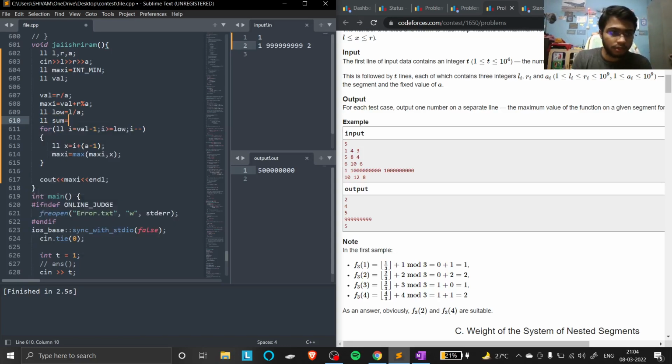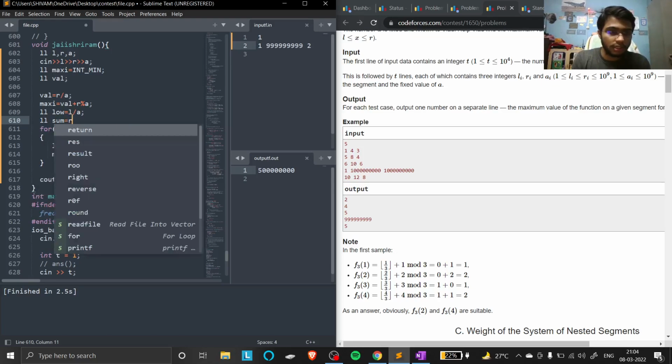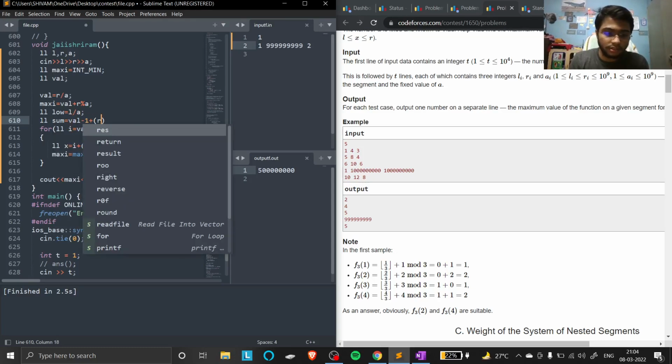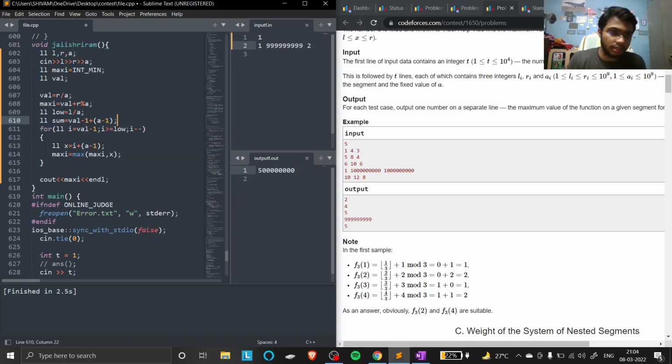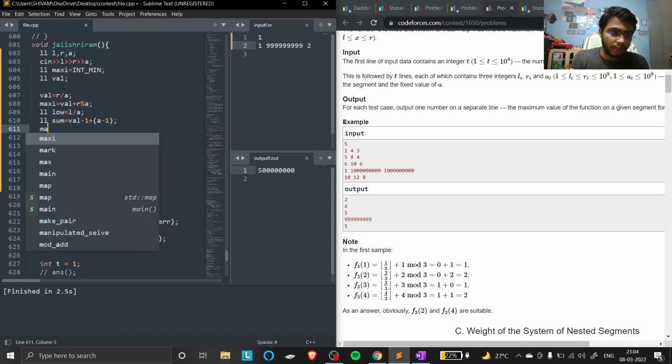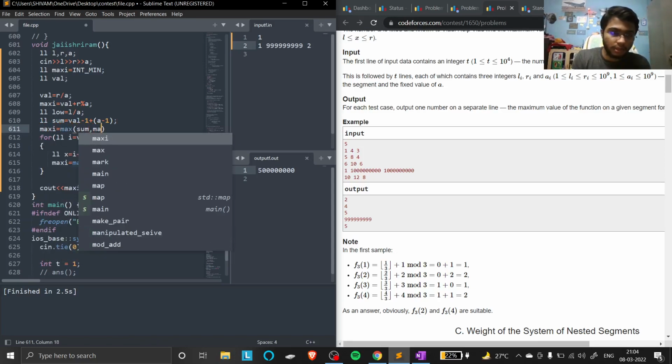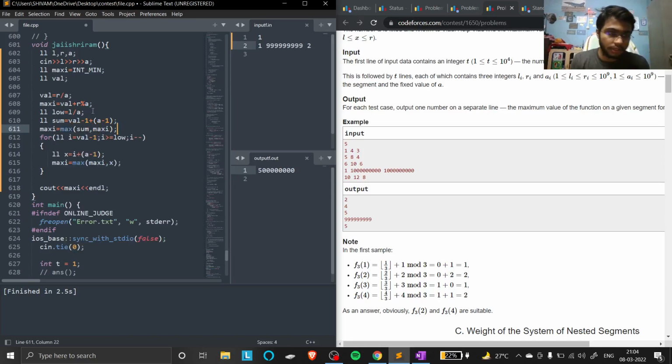Sum. What could be the another sum? The another sum could be L minus 1 plus R plus A minus 1. That would be the another. Between them, we need to find the max of sum comma maxi. Fine. This would be the case,